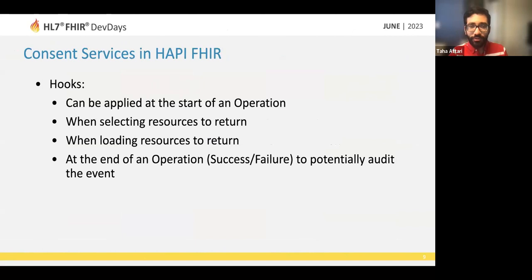So many of you, if you have used HAPI FHIR before, will understand it has a concept of interceptors and hooks. The consent interceptor does not explicitly tell you what hooks it runs on, but essentially there are four. Three happen before the resource is returned and before any consent-based authorization happens, and the fourth is after the authorization flow, when the consent services flow is complete,